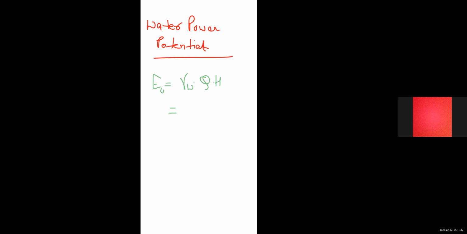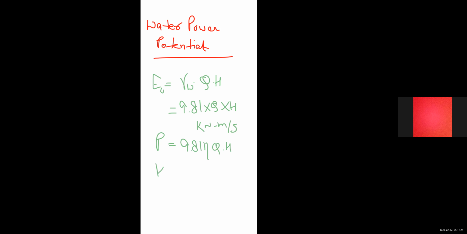So this can also be written with the value of gamma W as 9.81 into Q into H, in kilonewton meter per second, that is kilowatt. And the electrical power in kilowatt, that is P, equals 9.81 eta Q into H.